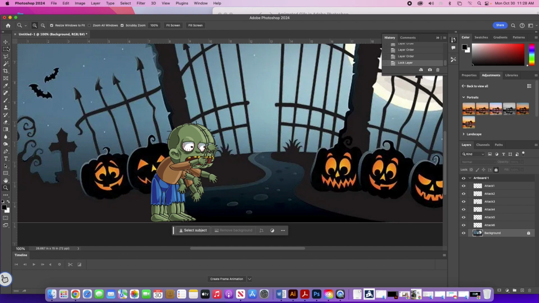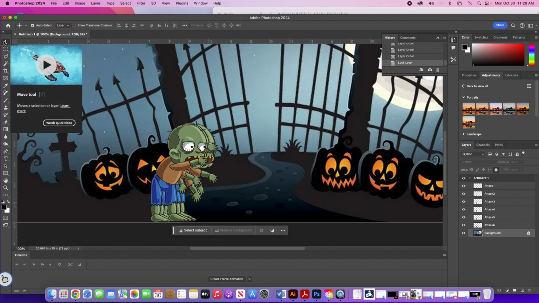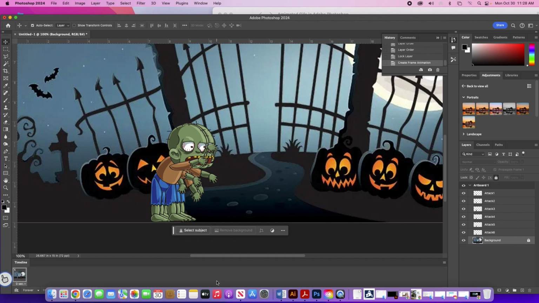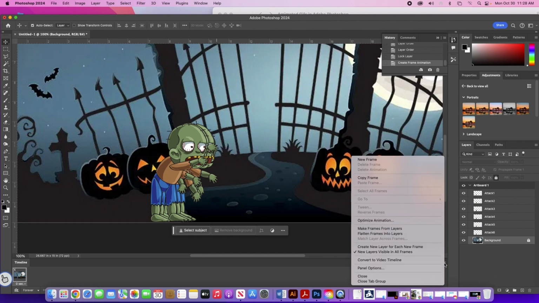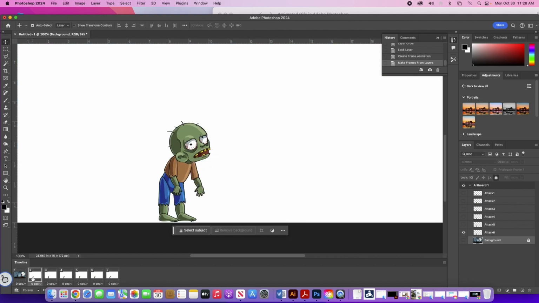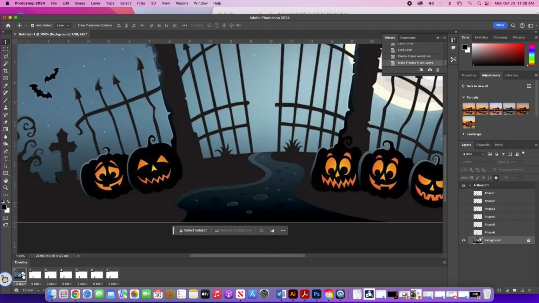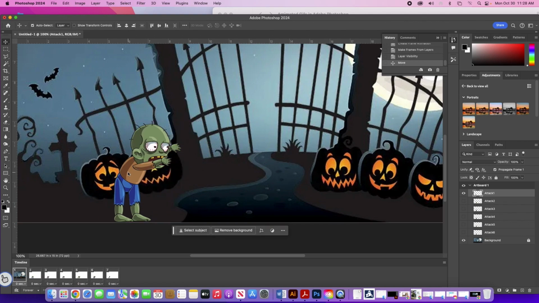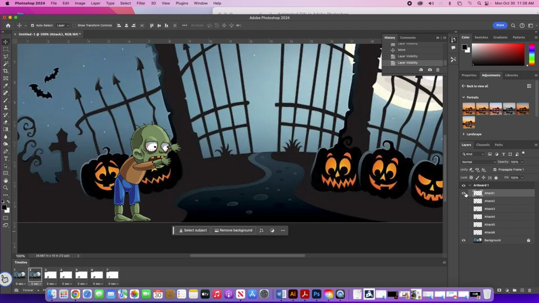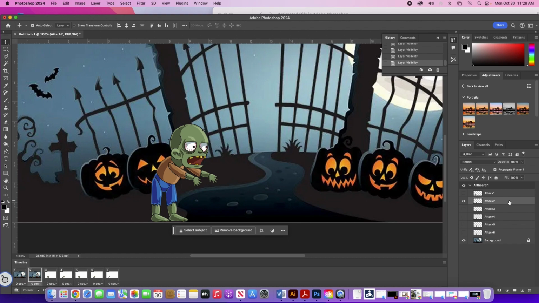Now I'm going to make sure I'm on my move tool. I'm going to hit Create Frame Animation, and then Make Frame from Layers. You'll see I'm going to have the background layer on each one, but first I want to show you that I'm going to have attack 1, and I can move the zombie where I want. Then on frame 2, I'm going to click the background, and not have attack 1, but attack 2, because